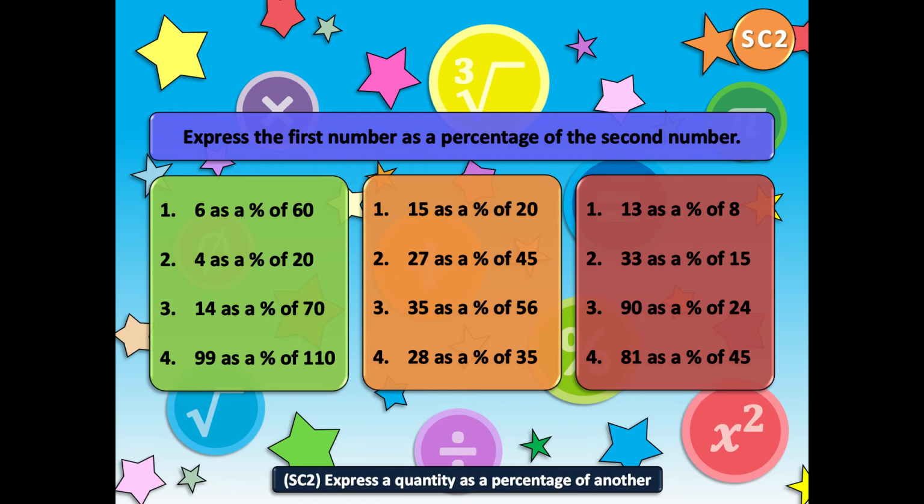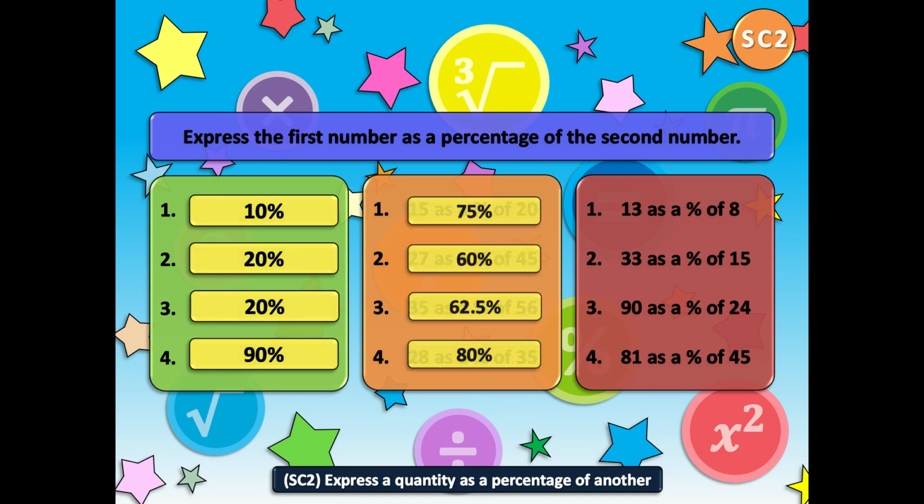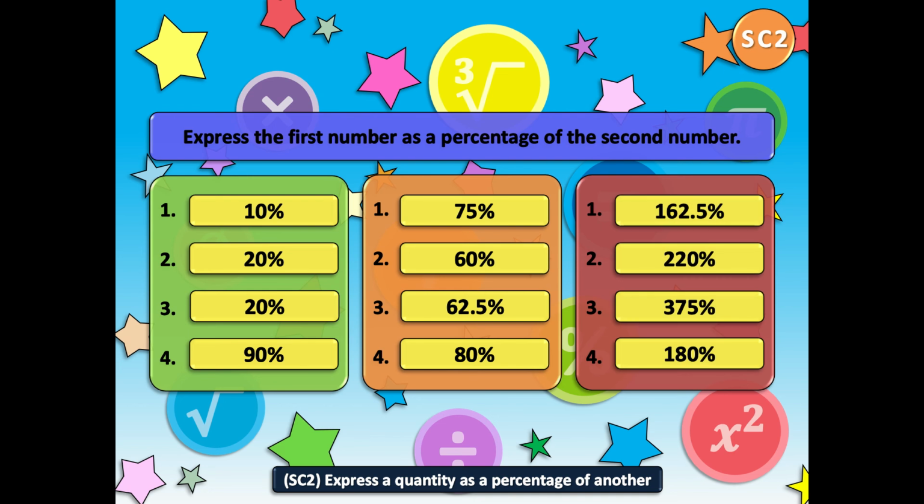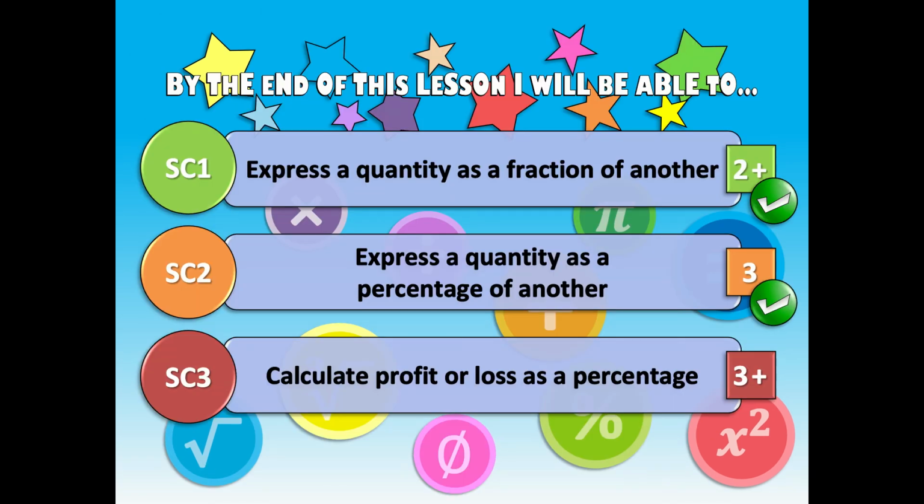Here's some questions for you to have a go at. Pause the video and when you're ready to mark your work, press play. Here are your answers. So there's your green answers, there's your amber answers, and there's your red answers. So now we've completed success criteria 2, so now we're going to move on to number 3, and this is